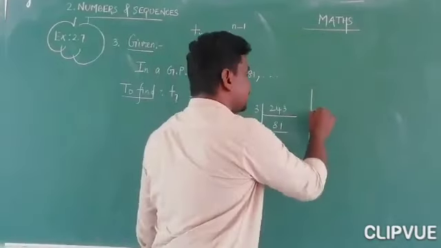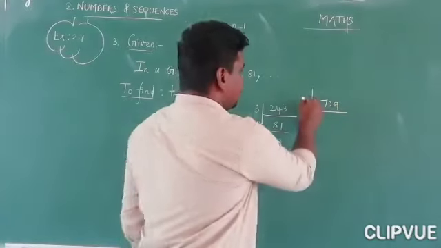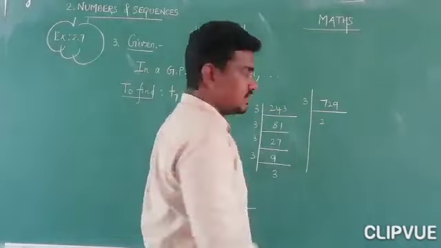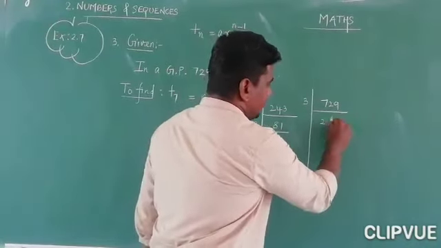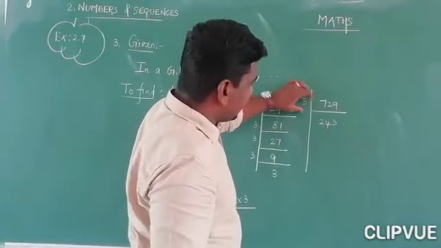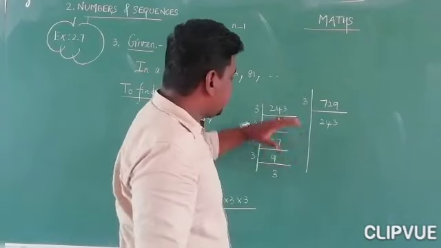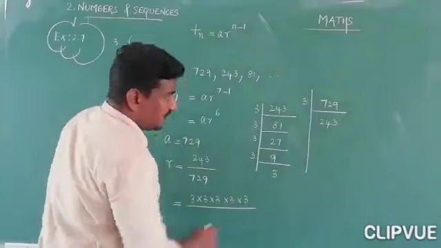The prime factors of 729. It is also divisible by 3. So 3 table, how many times here? 2 times is 6, it leaves remainder 1. So 12 means 4 times. Again 3 times. So 3 into 243. This 243 we already explained. It means we expanded that 243. 243 is equal to 3 power 5.